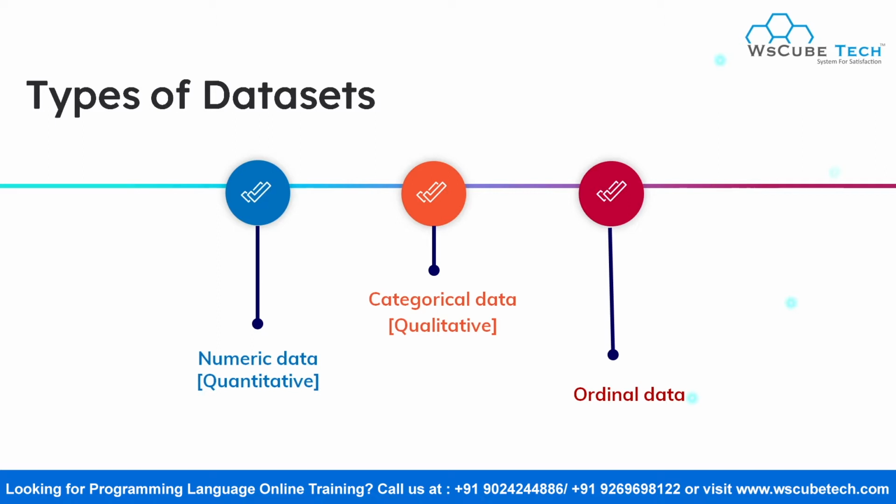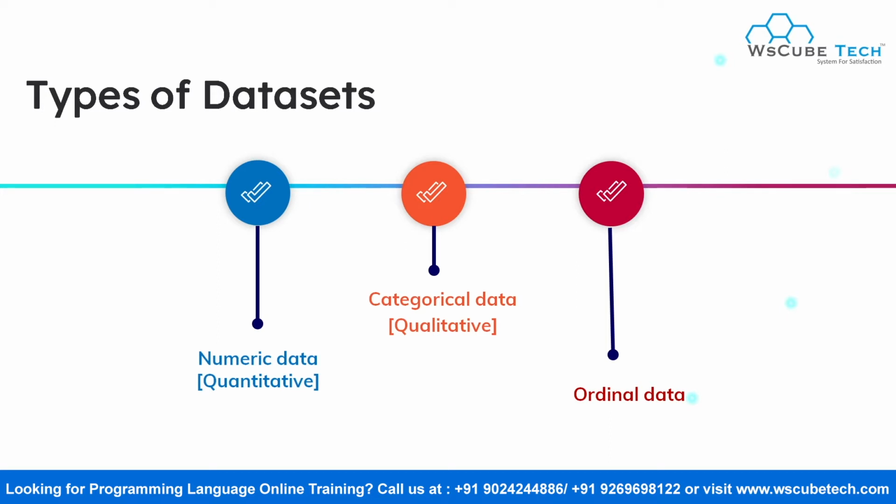Talking about categorical data, in this type the data can be classified or divided into groups. Let's understand this with the help of examples: right or wrong, red or green. Then we have gender, so we have male or female. Then we have day or night, in or out. These are all examples of categorical data, that is, your data is divided into groups.